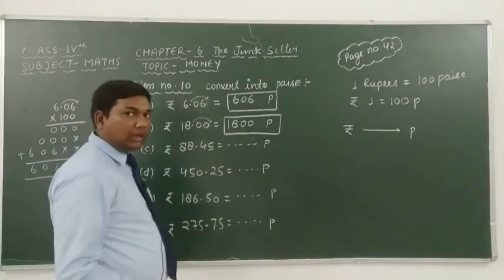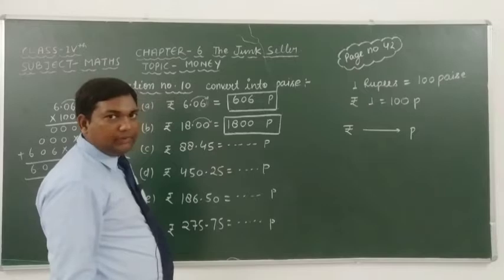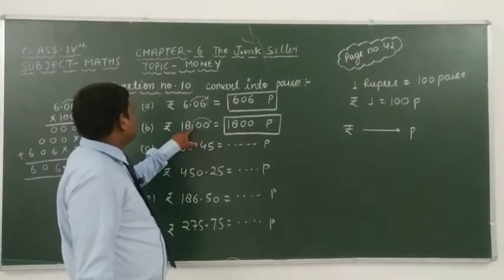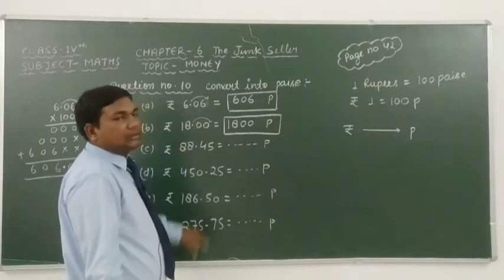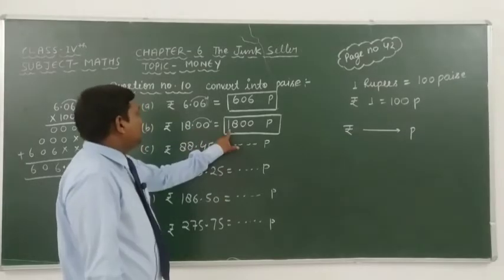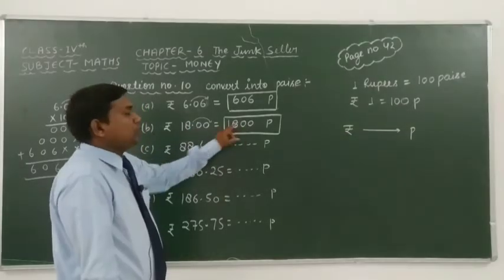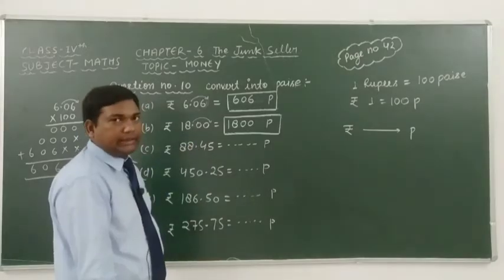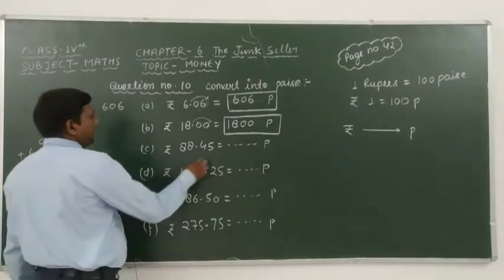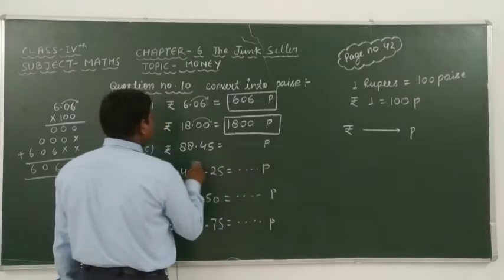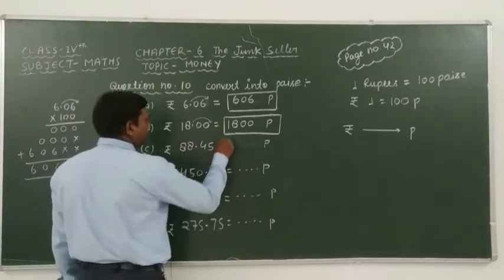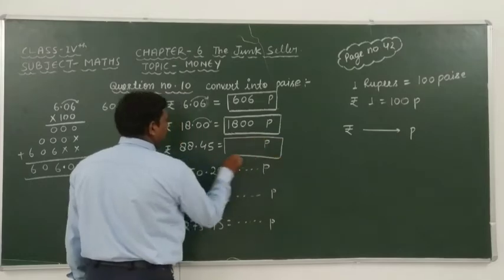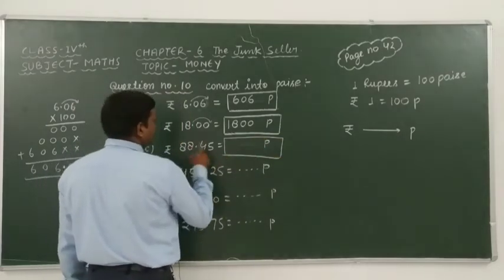Or in other words, we can say that this decimal point is removed from here. Clear? Similarly, in this question, here given that 88.45, therefore if we remove this decimal point from this number,